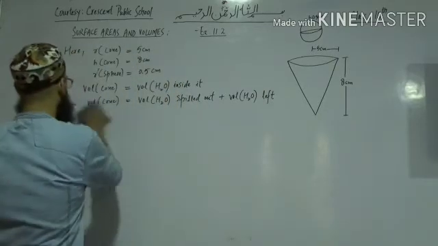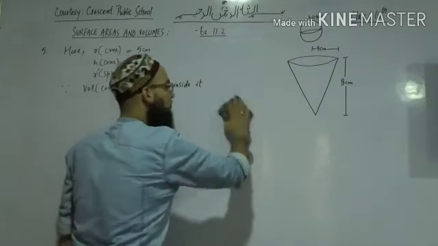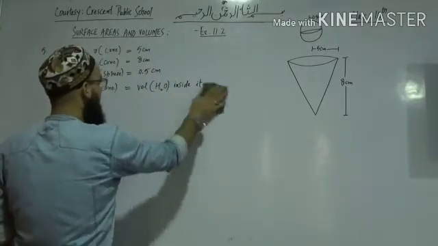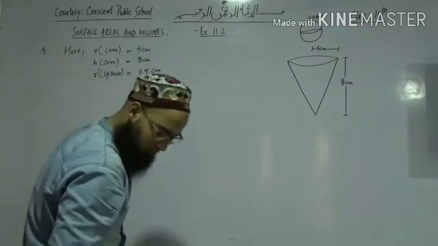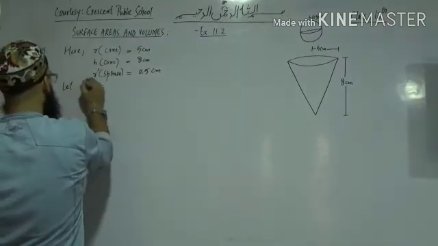Don't work like this. Sorry. I thought we need to find the volume of water spilled out. We need to find the number of lead shots. Number of lead shots. I write like this: let n number of